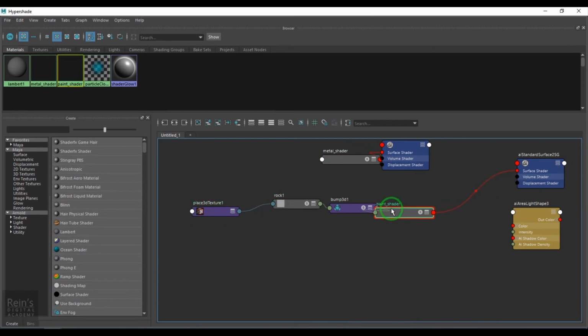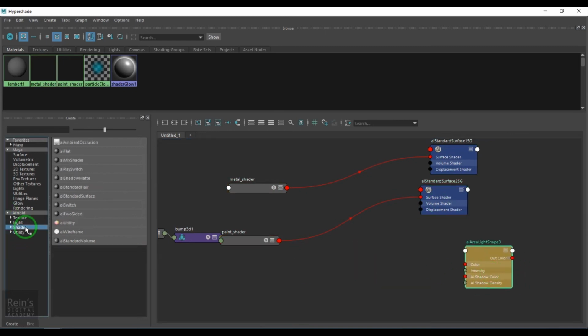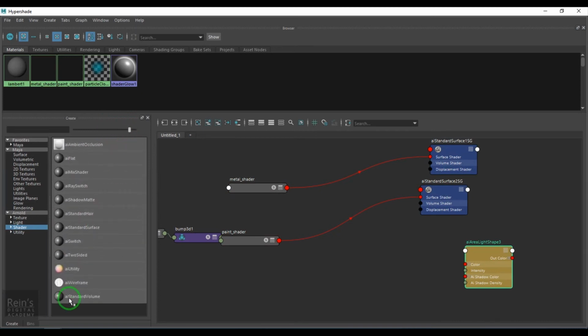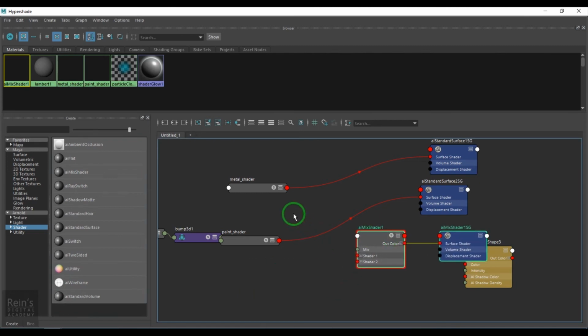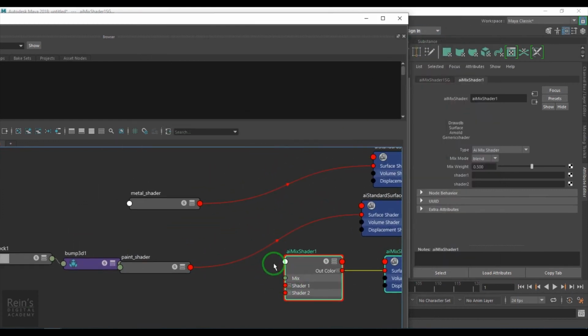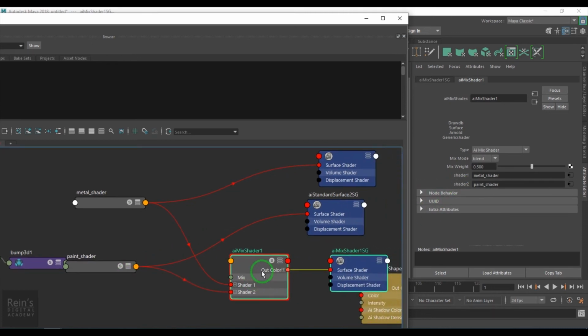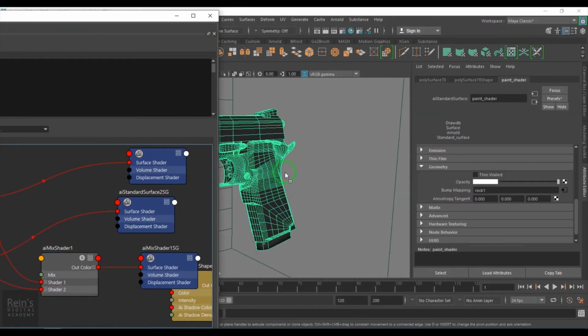Okay, now if you see, I've got paint and I've got the metal. So let's select the gun model and then name this as paint shader. Okay, so what I'm going to do now is bring the paint shader and a metal shader here, and then go to the shader section, and then we have mix shader.